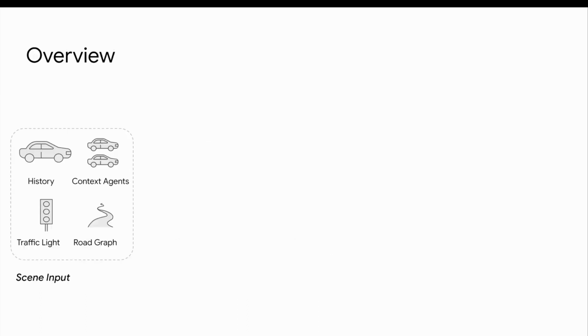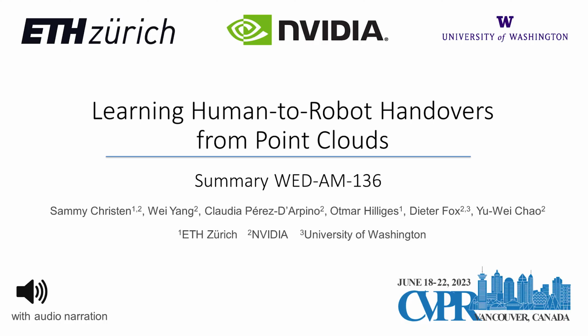We briefly present an overview of the model architecture as follows. Scene inputs such as agent history, context agents, traffic lights, and road graph are first encoded using a powerful